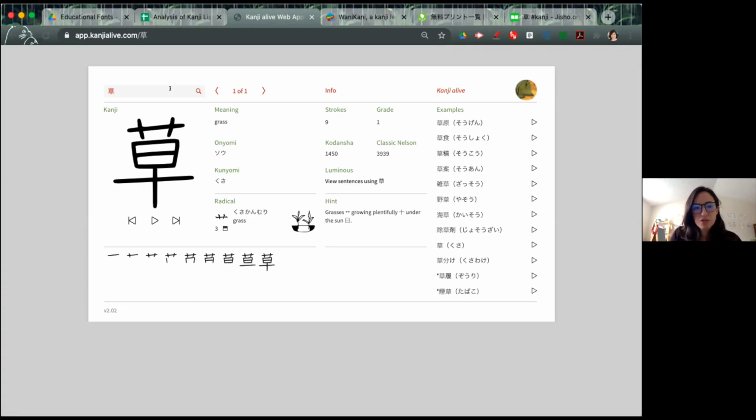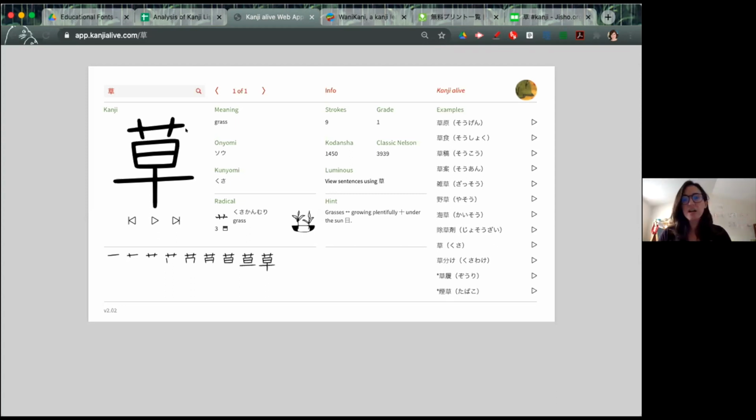And as part of introducing characters, we focus a lot on analyzing what we see and breaking it into components, because a student looking at kusa who can look at it and see, okay, I've got that kusa kanmuri, I've got the kanji for day, and I've got the kanji for 10 underneath it, who can look at it as 3 pieces. That student is using the same type of skills that he would use in English when he sees